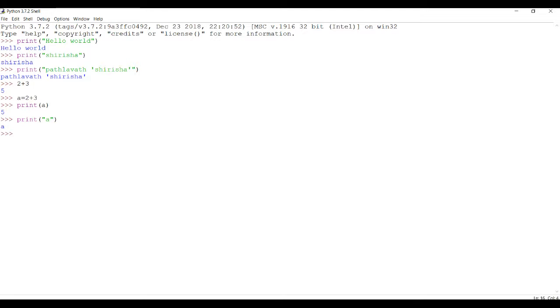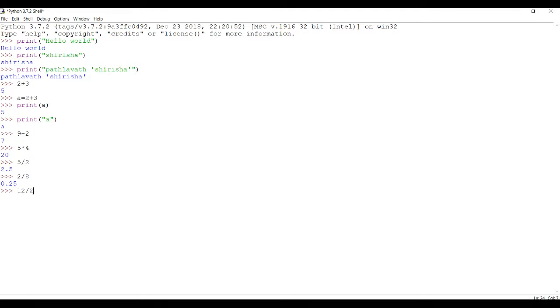Fine. Okay, so you can do subtraction as well. 9 minus 2 equals 7. You can do multiplication also, 5 into 4, and you can do multiple operations as well. So 5 divided by 2 gives 2.5, it is giving a float value, right? If you want to give 2 divided by 8, it gives 0.25.